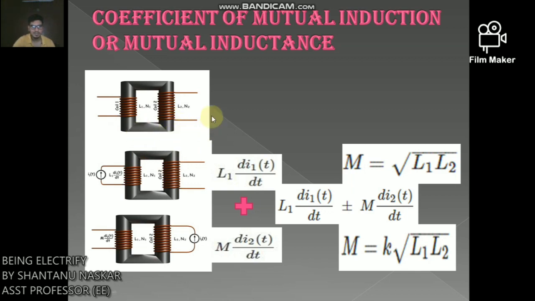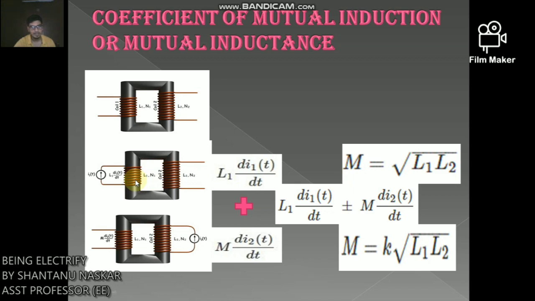Now we will also consider that there is a low reluctance magnetic core which couples both coils in such a way that the entire flux created by one coil will link the other coil. That means there will be no leakage of flux in the system. Now we will apply a time varying current at coil 1, keeping coil 2 open circuit. So go through the next picture.